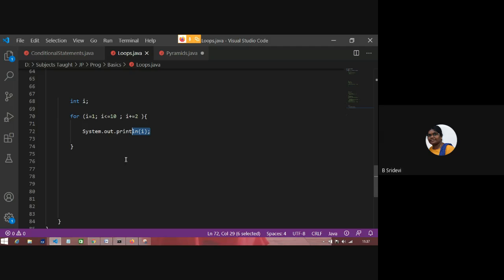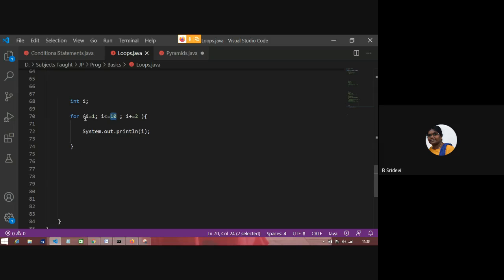Body printed 5. Again, it becomes 7. It goes to the condition, true. It prints 7. 7 becomes 9. 9 less than or equal to 10, true. That is, 9 is printed. So i went to updation. i becomes 11. It fails. 11 less than or equal to 10 fails, so it comes out.